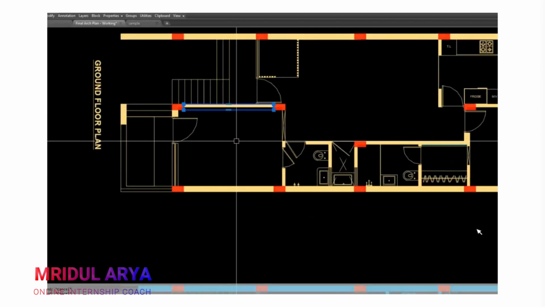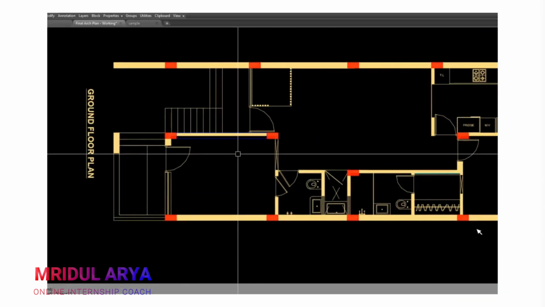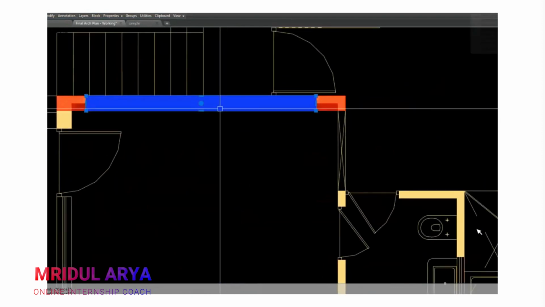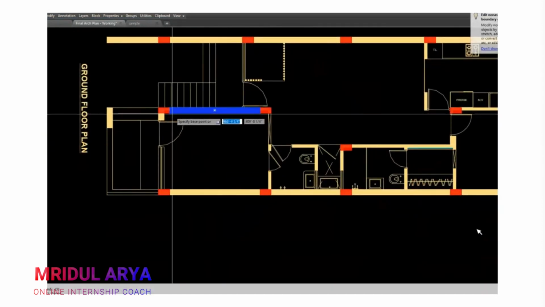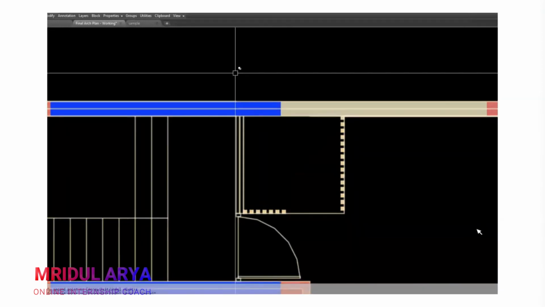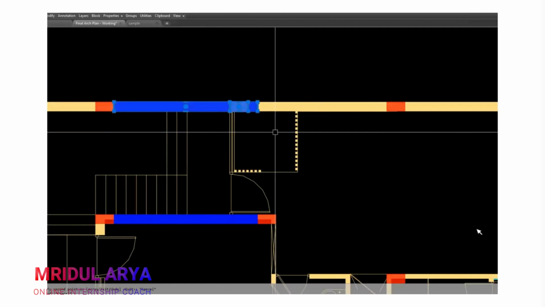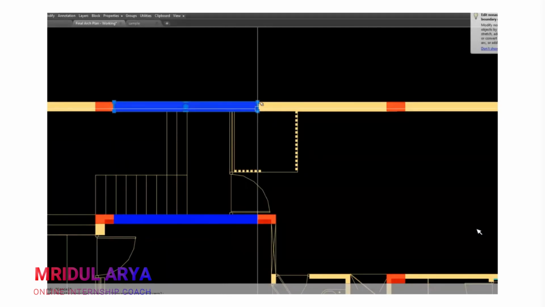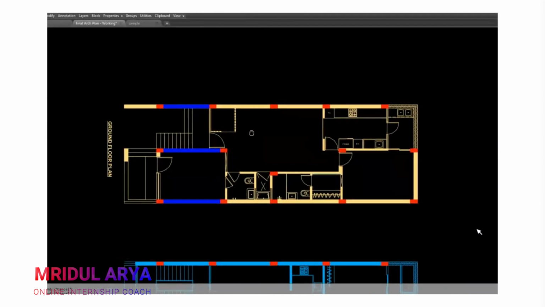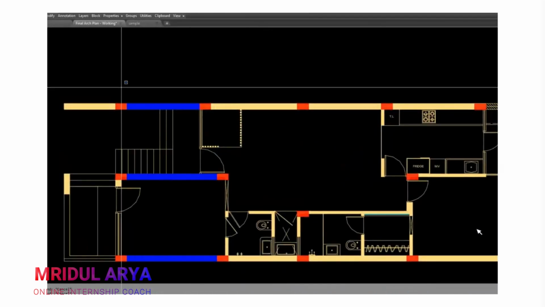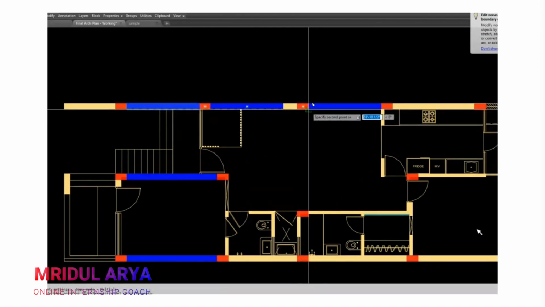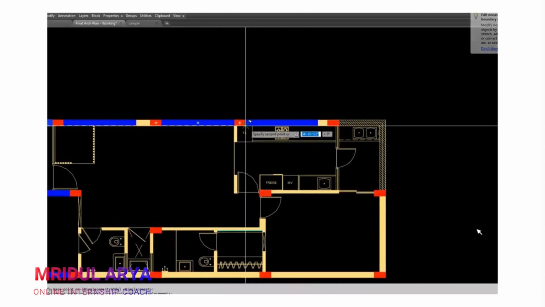Okay, so this is our first beam, and you can add, and I will quickly just copy these like this, and next beam will be this, and that will be a beam.